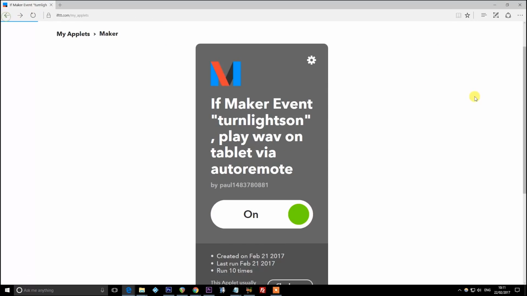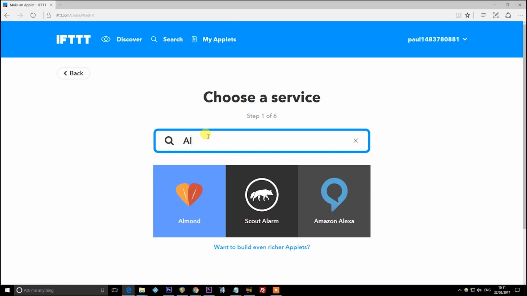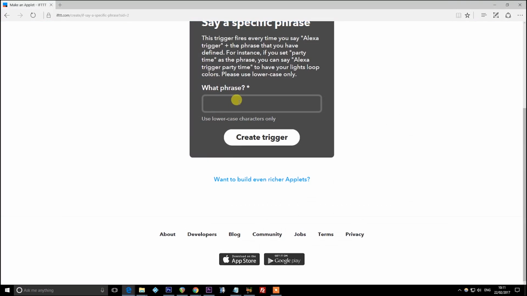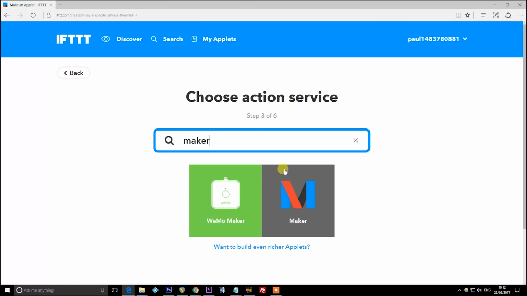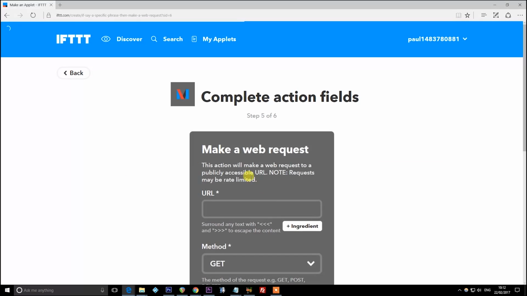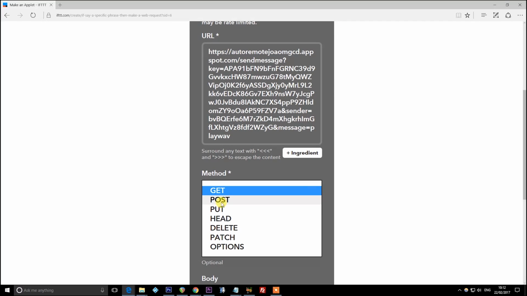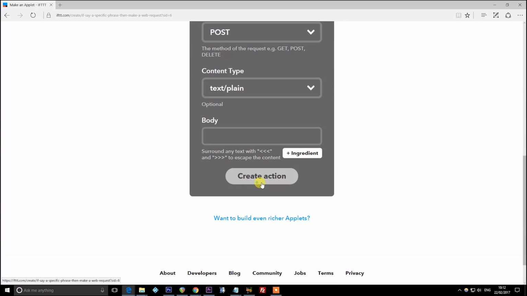I'm going to come back out again, and I'm going to create a new applet which says if she hears the words disable the alarm, then use the Maker channel to make that web request using post and using text plain, create action,